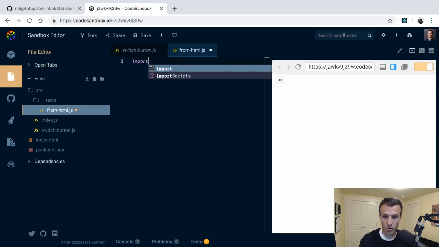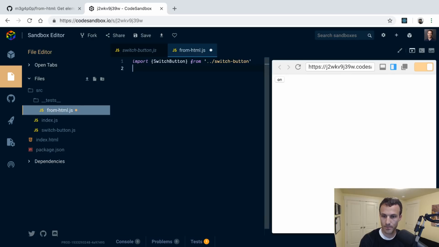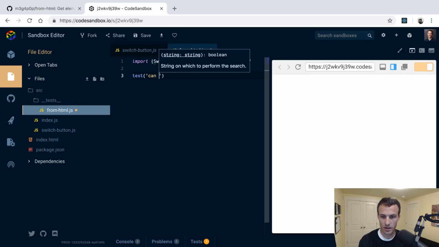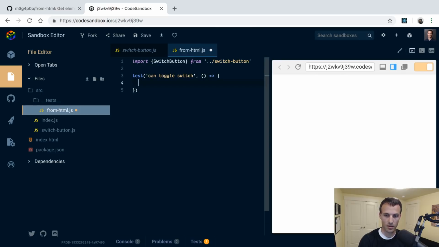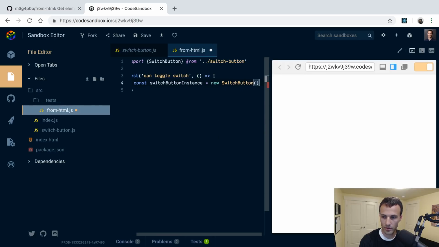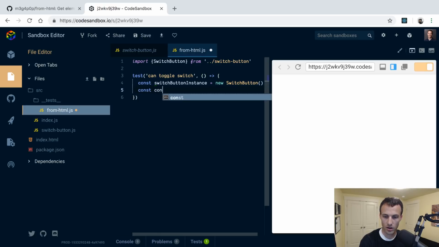So first of all, we're going to import SwitchButton from switch button. And then we'll have a test, toggle switch. Yep. And that's not going to be enough for us. We need to actually render this thing somehow. So let's go ahead and we'll make our switchButtonInstance equal a new SwitchButton. Then we'll create a div, or our container equals